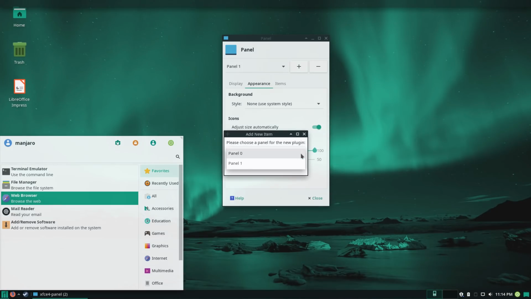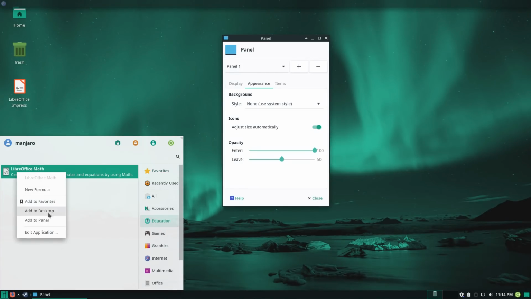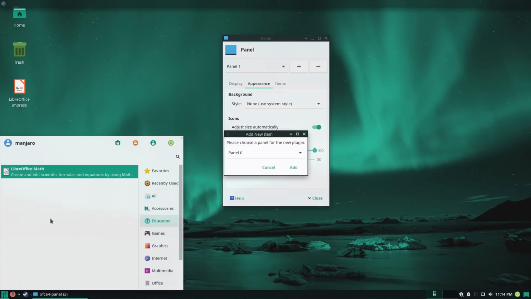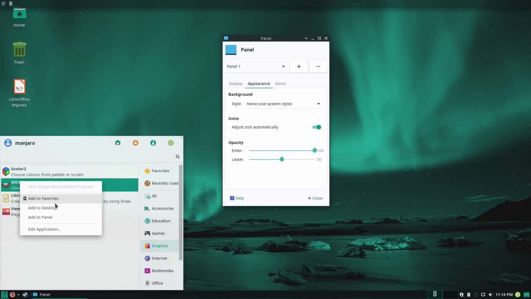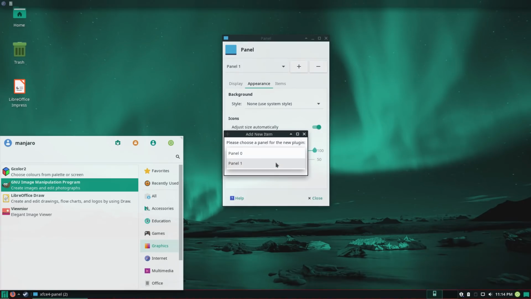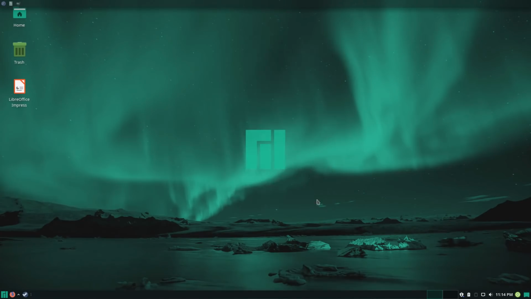We need to now choose the panel that we're going to add it to. So we'll just go ahead and build this guy out with some icons. So we're going to add this to panel 1. Let's go with, there's GIMP. Add this one to panel 1. All right, so now that guy should completely disappear until I go up there and hover up there. So if you wanted to have a bunch of system information at the top but have it disappear, you have